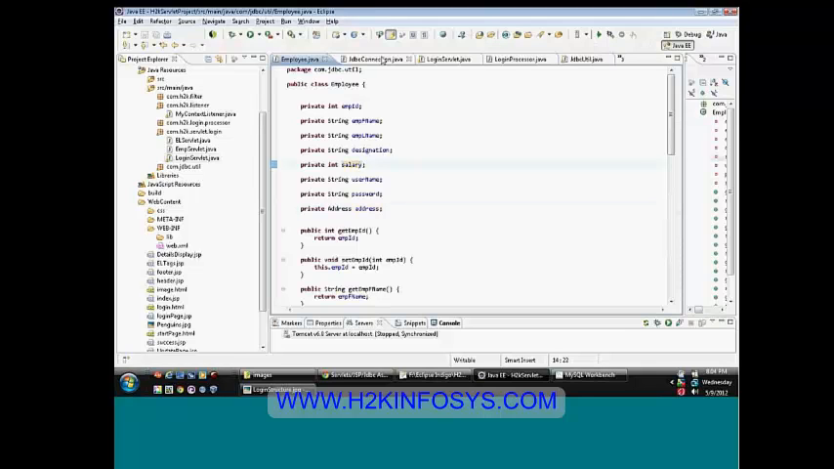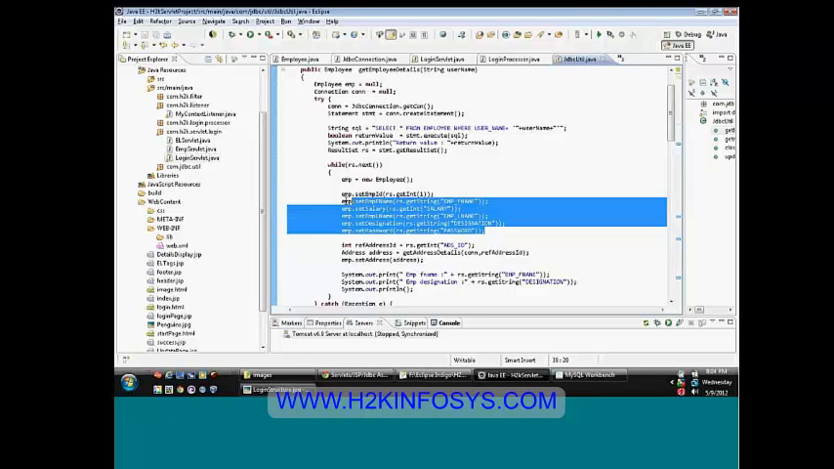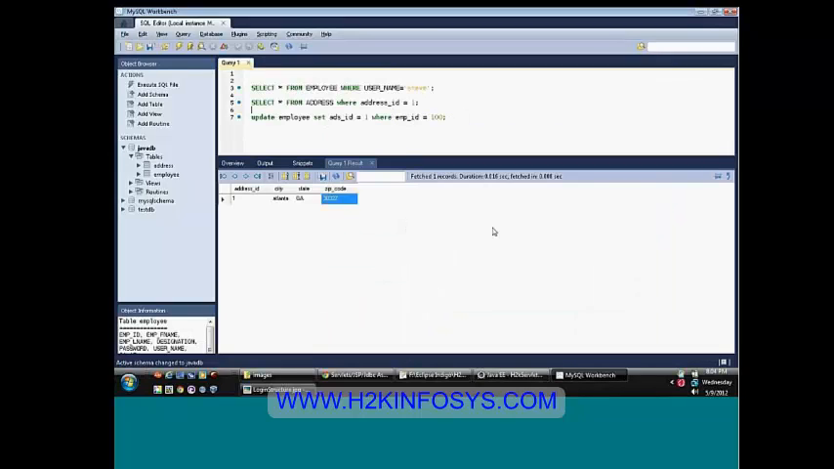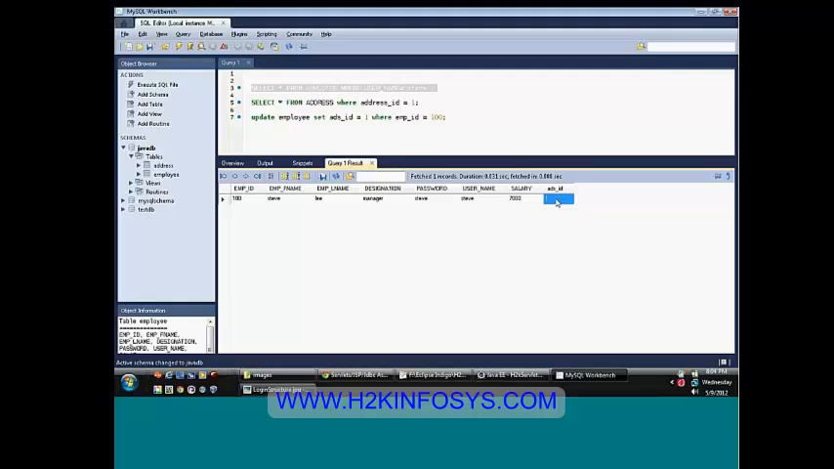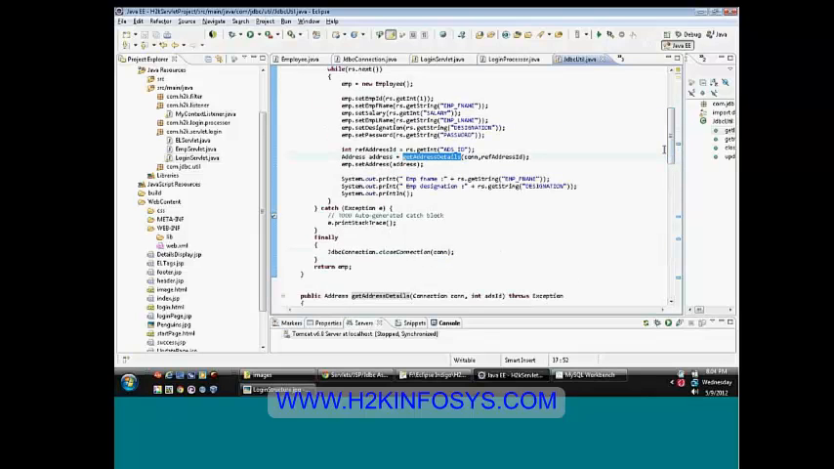Go back to your JDBC util. Here you can see that I am retrieving all the information and setting it on my employee object. And finally, I am retrieving the address ID as well. Address ID is nothing but the ADS ID from this one. Once you get the ADS ID, you will query the address details table once again, because you are supposed to get the address details from the address table